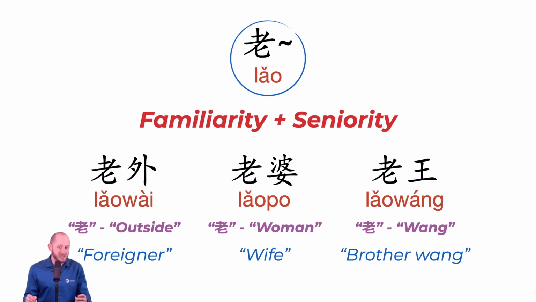Most of these prefixes are very spoken. What I mean by that is that in Chinese, there's a sort of written language that's very formal, and there's the spoken language that you'll hear day to day. It's not to say that you can never mix them, but there is a formal set of the language and a more informal. All of these prefixes fall into the more informal category. By the way, you can also say 老公, which means husband.